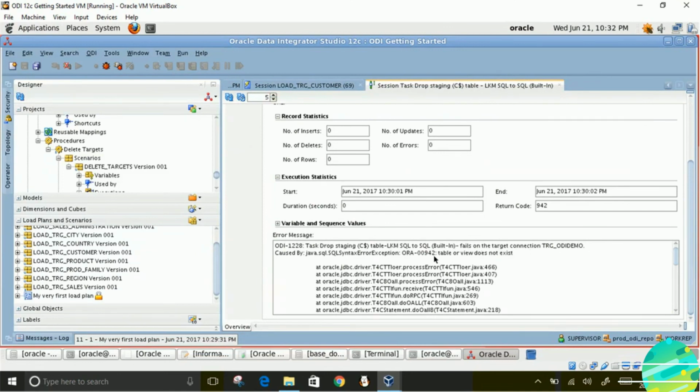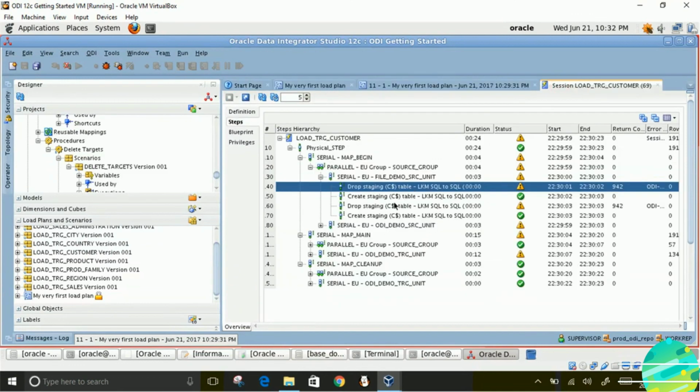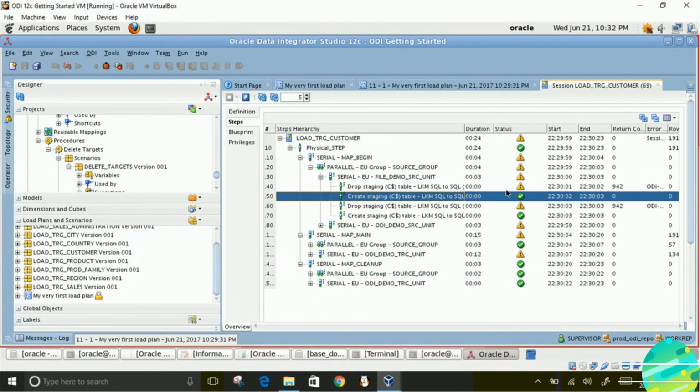It fails on the target table because table or view does not exist, and that is fine. Those are dynamic tables. It might not exist before, so you cannot drop the table, but the creation of the table was fine, so that is okay.